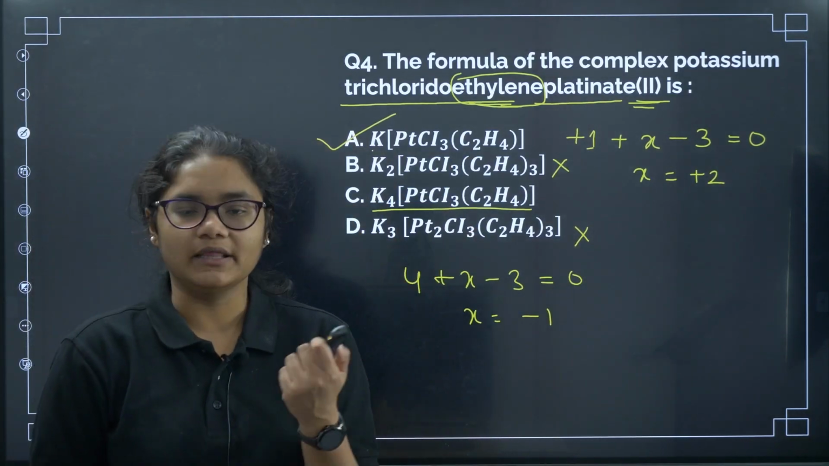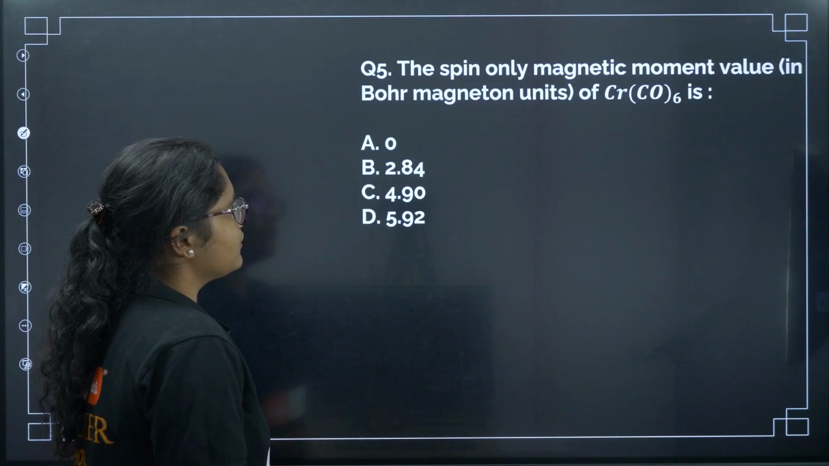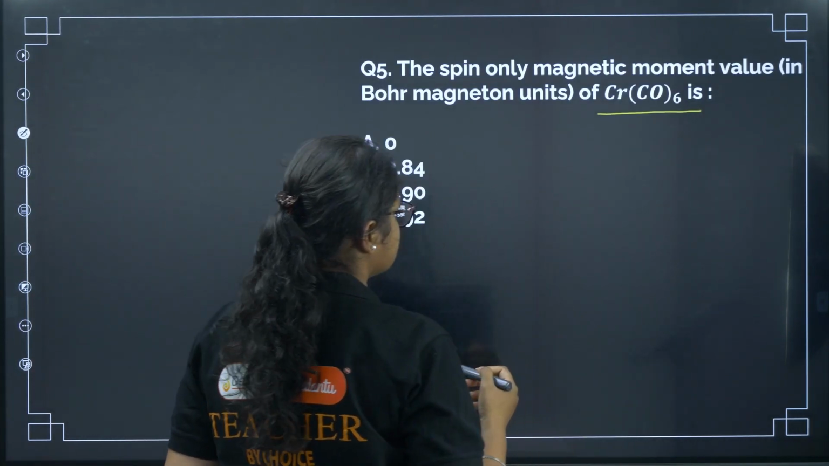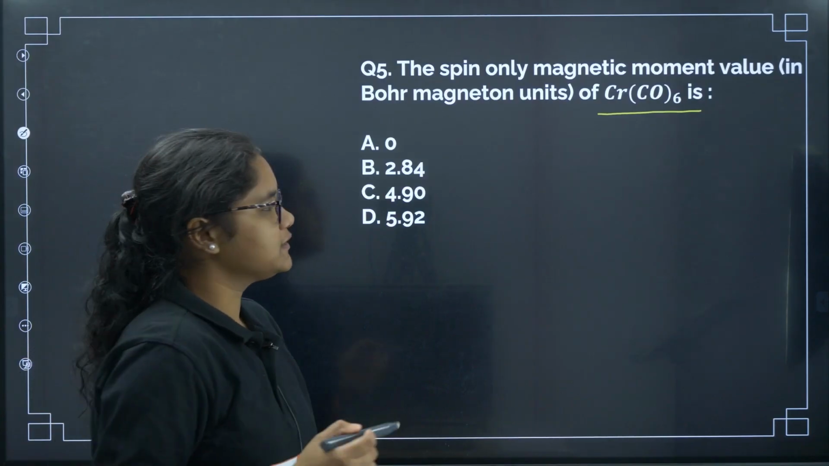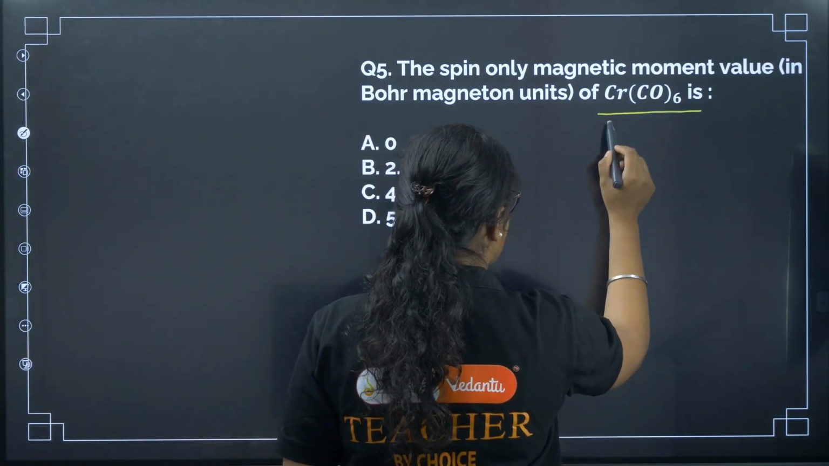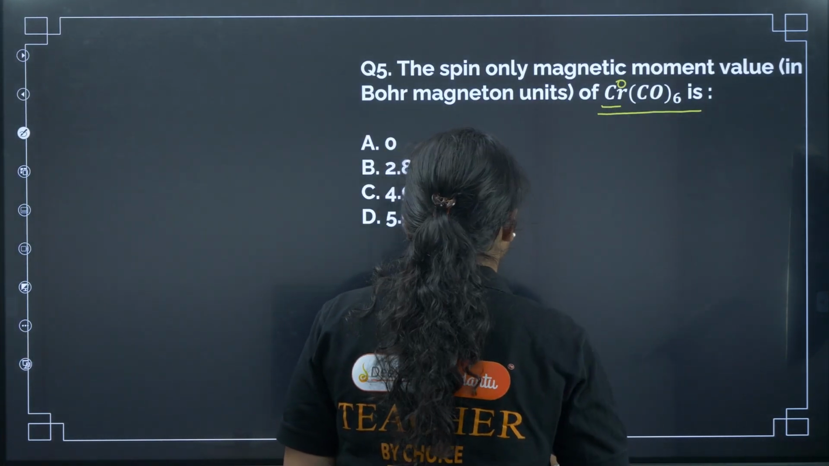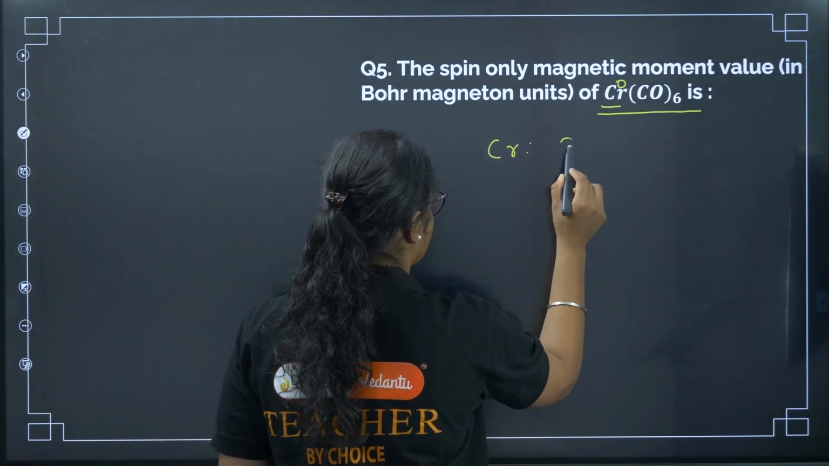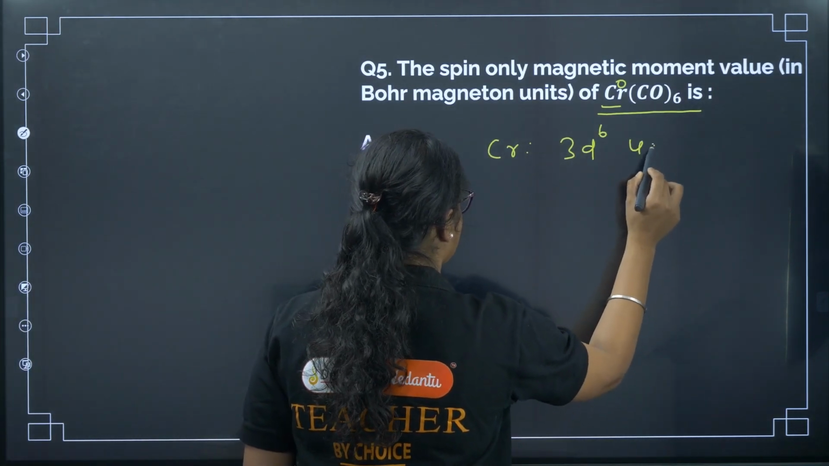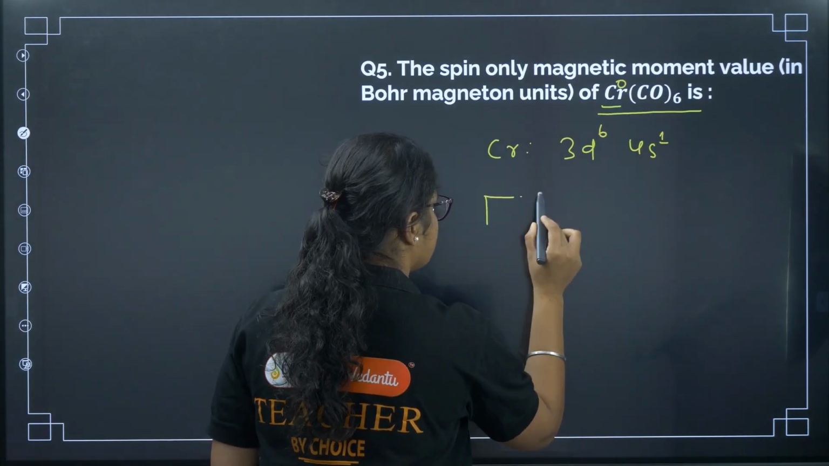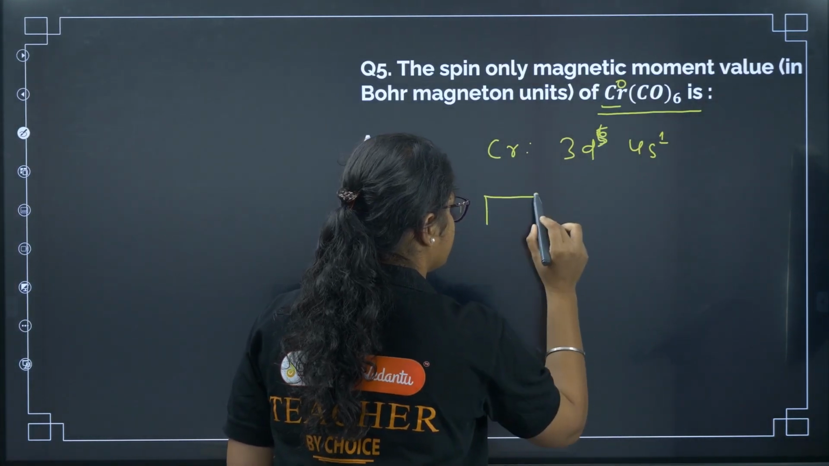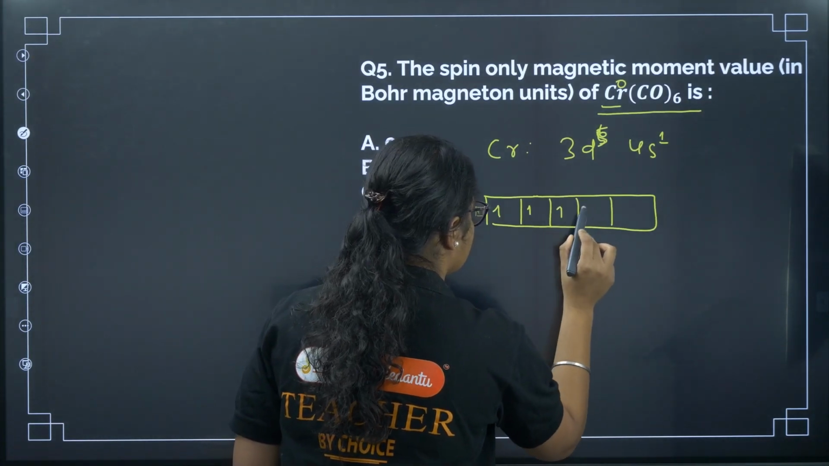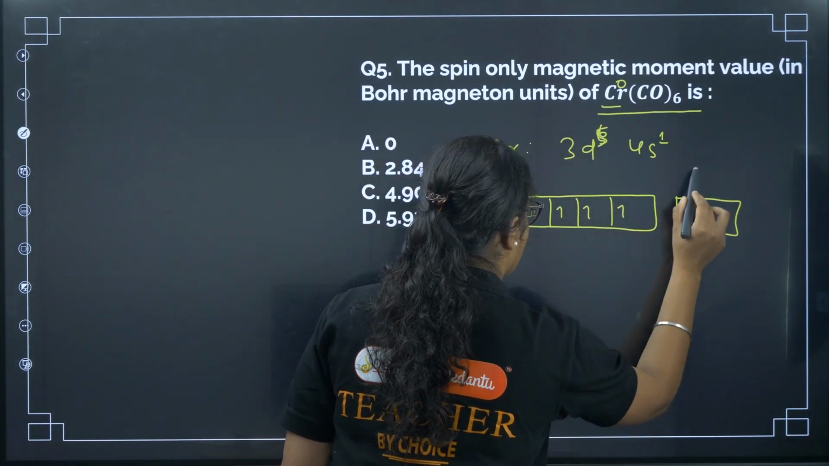Therefore option A will be the correct answer. Next, the spin-only magnetic moment value in Bohr magneton of Cr(CO)6, okay? If you see Cr(CO)6, the charge is 0 on chromium, right? So if the charge is 0, what is the electronic configuration of chromium? 3d5 4s1, right? If I draw it like this, we get 1, 2, 3, 4 and 5 in 3d and 4s1,